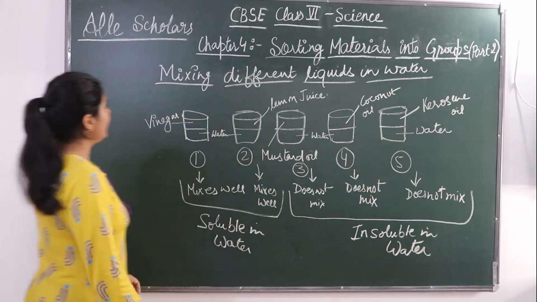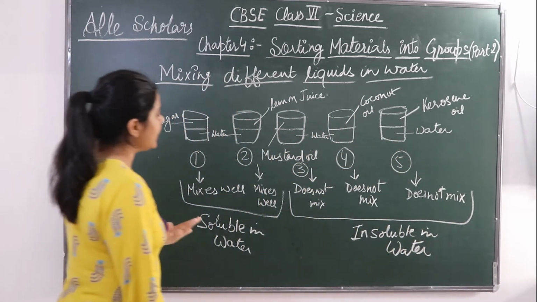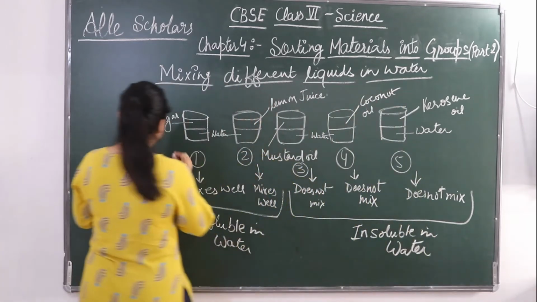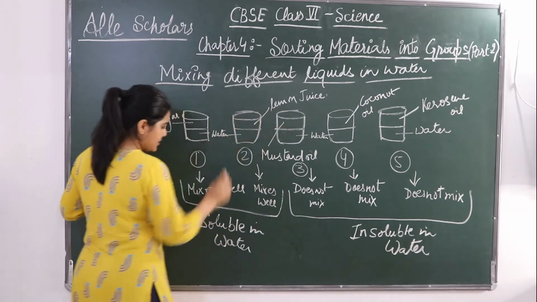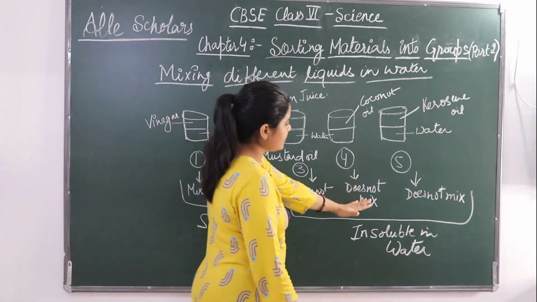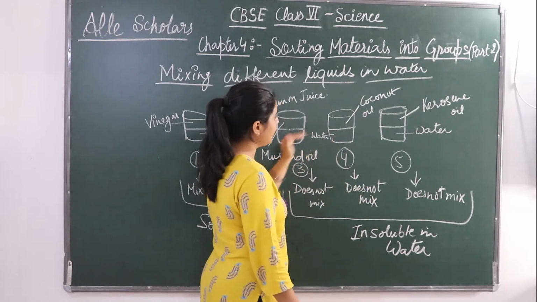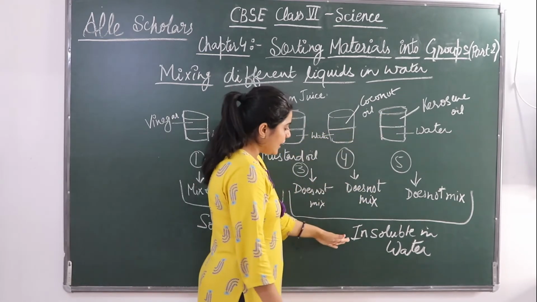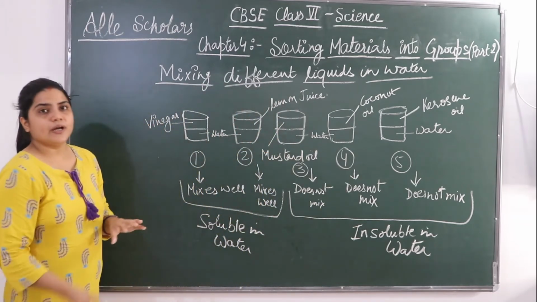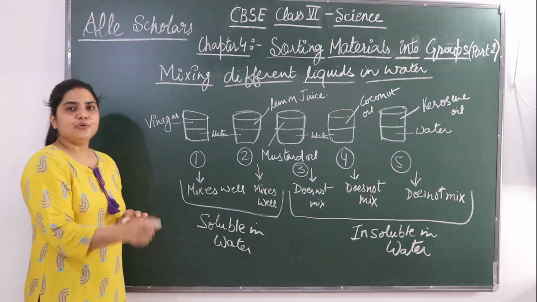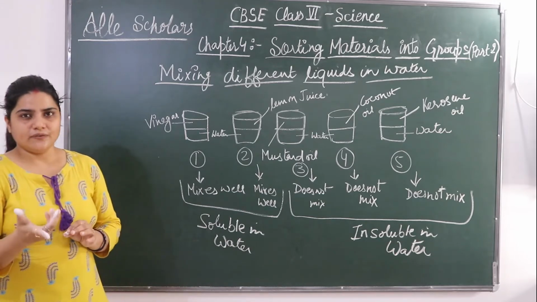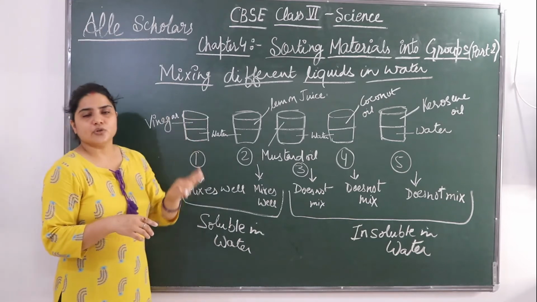Okay, so mixing different liquids in water, we have seen that those liquids like vinegar and lemon juice are examples of soluble in water. Those liquids that do not mix like mustard oil, coconut oil, kerosene oil are examples of insoluble in water. If in exams you are asked to write a few examples in which a solid is soluble in water and a liquid is soluble in water,